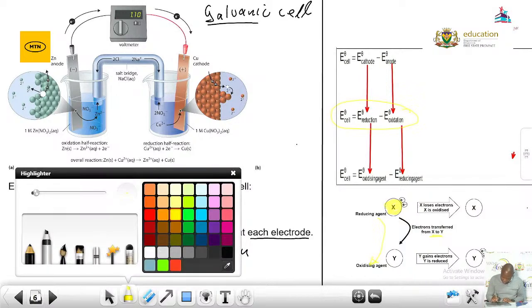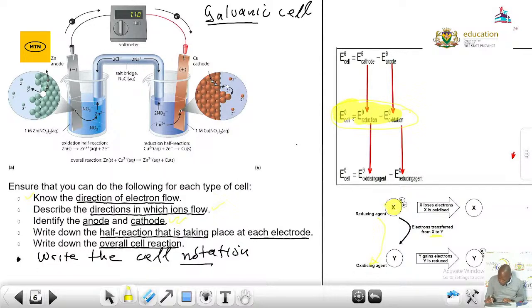So everything that we want to do will be based and focused on us knowing definitely that if I can identify which one is undergoing oxidation, then definitely everything will feed in from